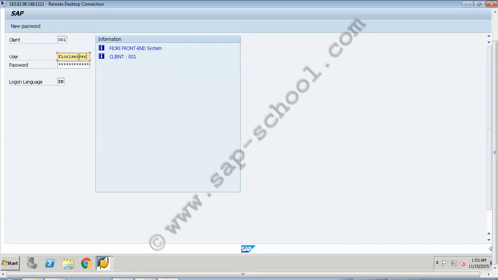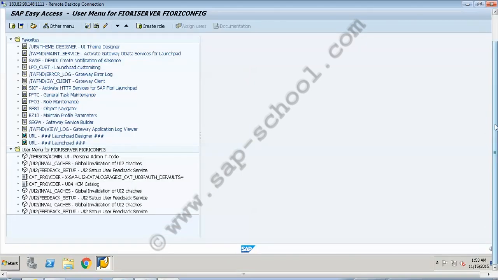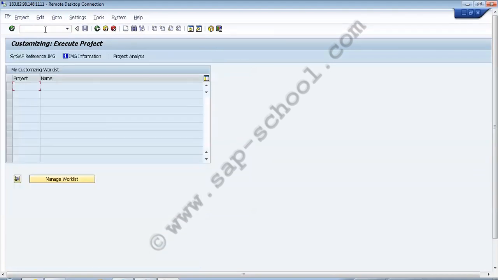In this we have to go to Manage RFC Destinations. We have to click on this activity. Now once we have clicked on this activity, we can create the RFC destination here. So we can directly go and choose Create from here.